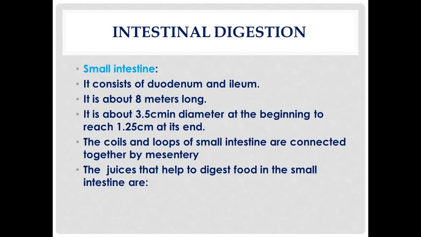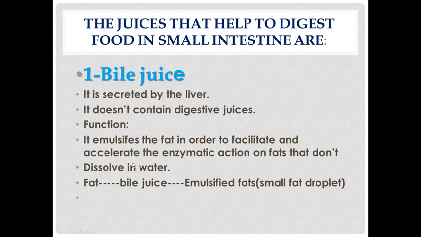So the small intestine consists of duodenum and ileum, and it's about 8 meters long. The coils and loops of the small intestine are connected together by mesentery. The juices that help to digest the food in the small intestine are: firstly, we're going to take the bile